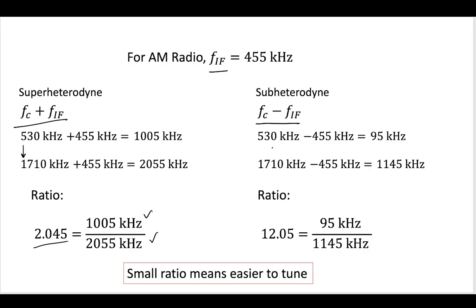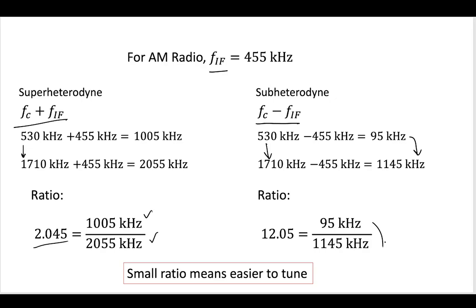However, with the subheterodyne process, when we're trying to tune between the minimum and maximum bands or channels that you can get, this is going to result in a ratio that goes from 95 to over 1,000, 1,100. This is a really big frequency ratio that you have to deal with